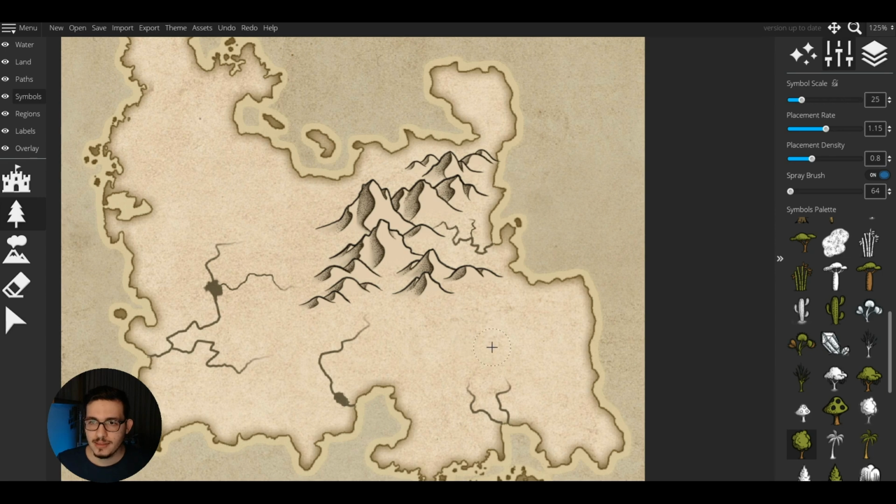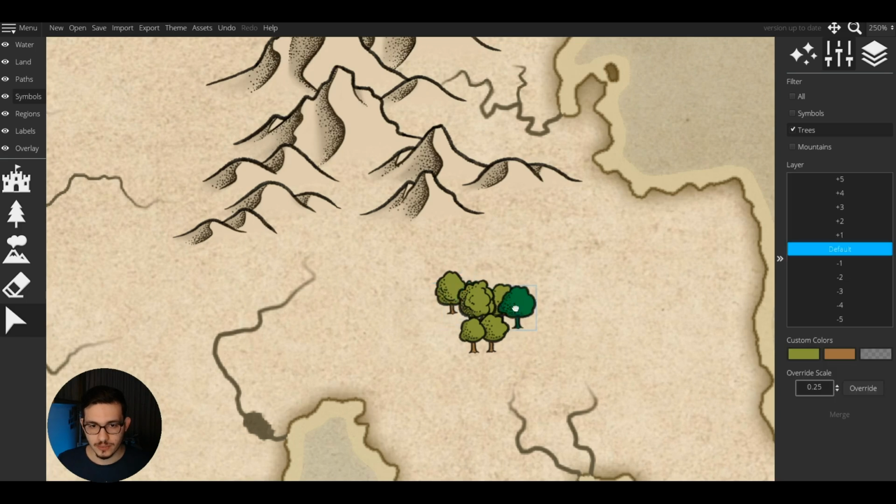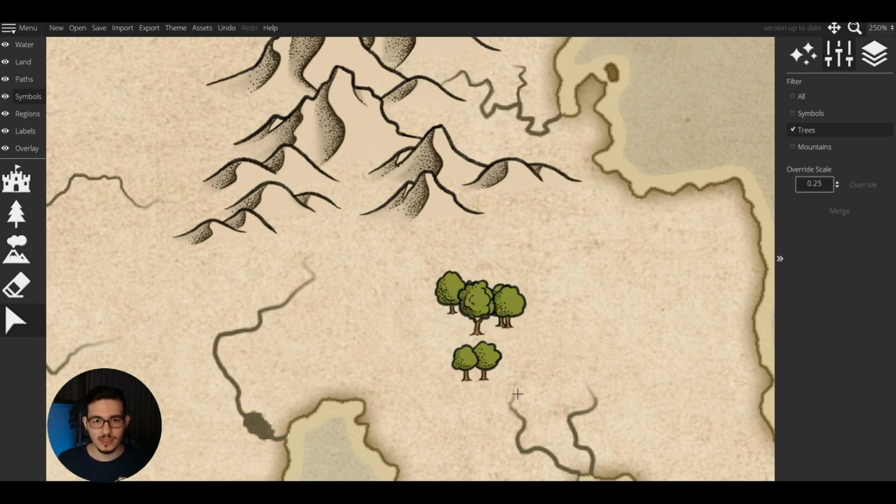So let's add some trees here and there. I will close this down. By the way, I'm not going to use a spray brush. The reason being is no matter how good you adjust this, I find spray brushes to make mistakes quite commonly. So if you want to work more on time management, absolutely use them. Just make sure you adjust the density correctly so that there are no silly overlaps, like for example this doesn't look nice at all.